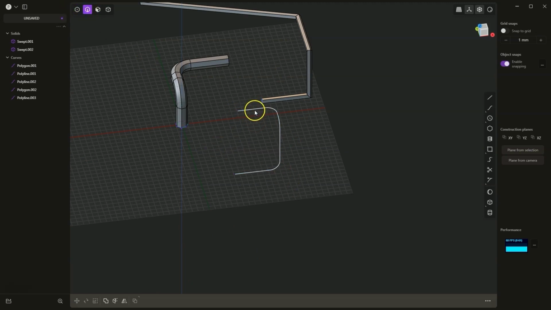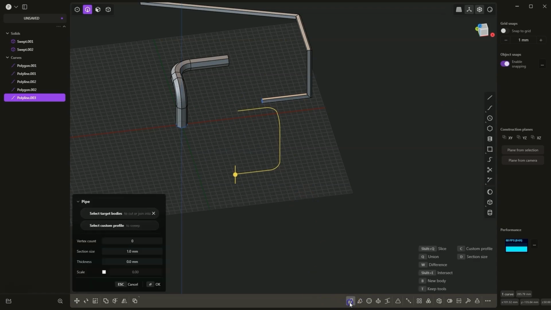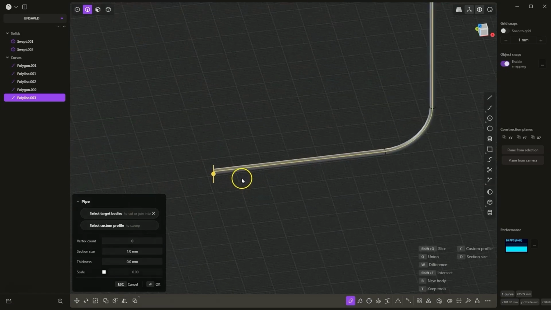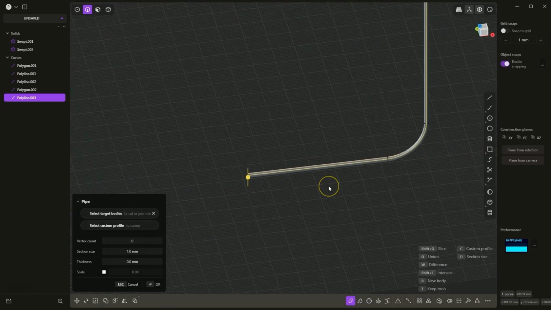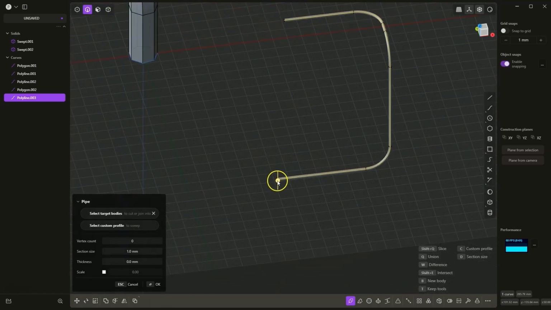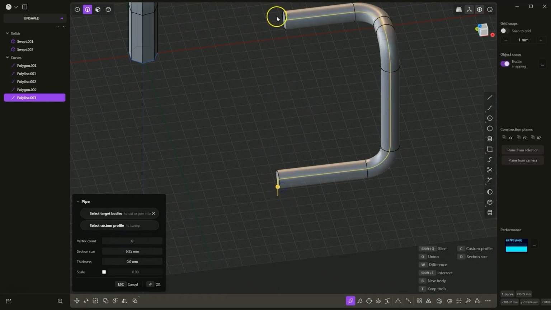Now I will show you another interesting operation because selecting an edge, it can be an edge created by these geometries, or it can be an edge on the model. We select this edge, we have a command here called pipe, we can activate it with the letter P. I choose this operation, and here pay attention to what happened. Automatically, based on this profile, a pipe has been created. This means this is a profile with a circular cross section,